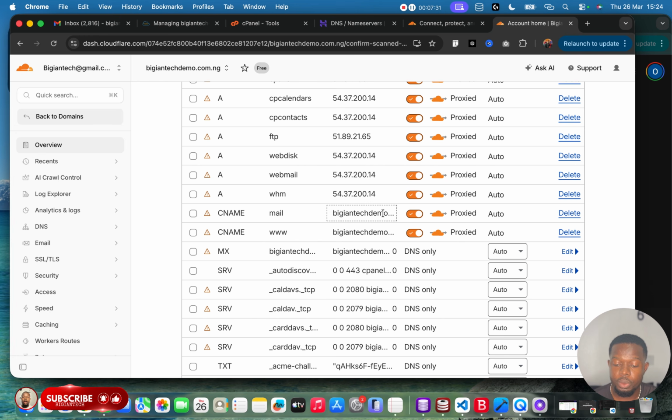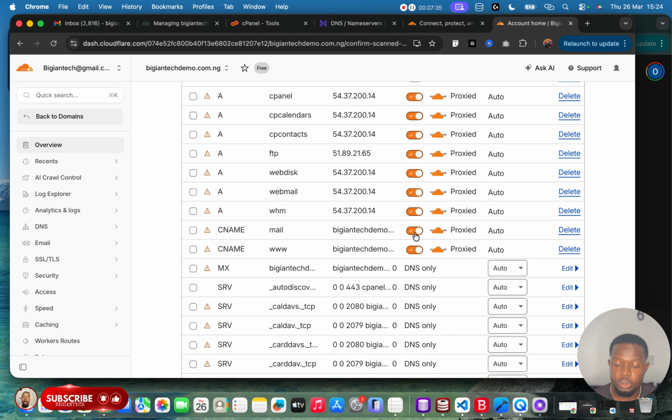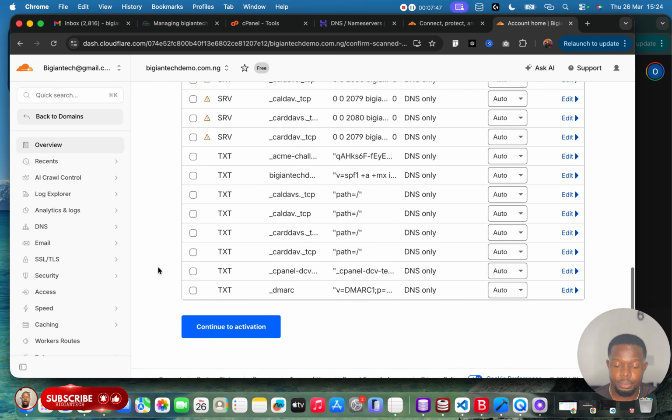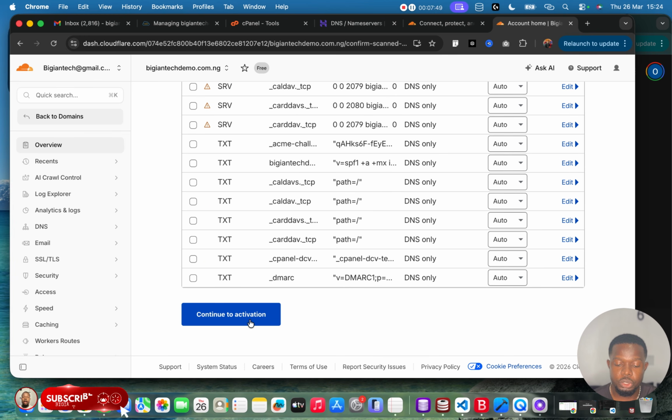CNAME mail. Just go to edit. Sorry. Just click on this right here. Click on this proxy. Okay. So it should just be DNS only. If not, your mail might be having some issues. So that is what you just do here. And once you click on continue activation,